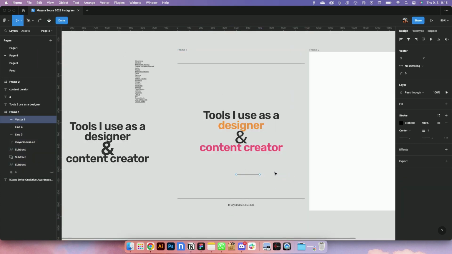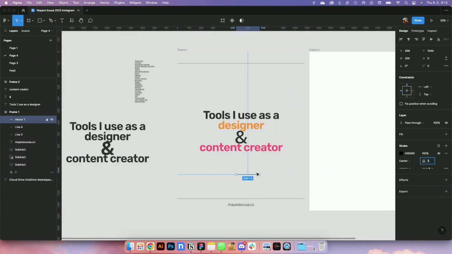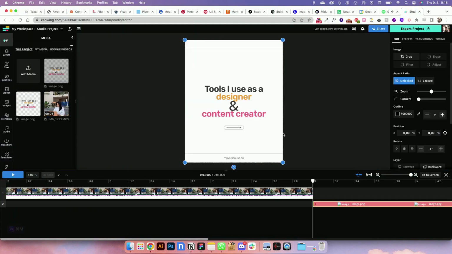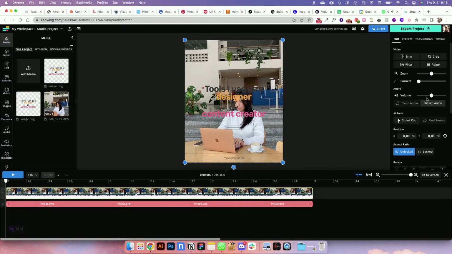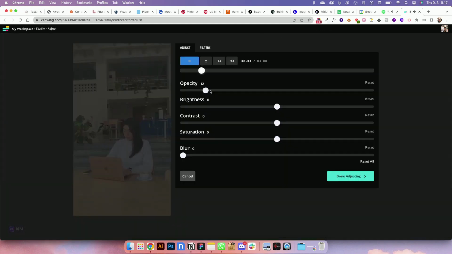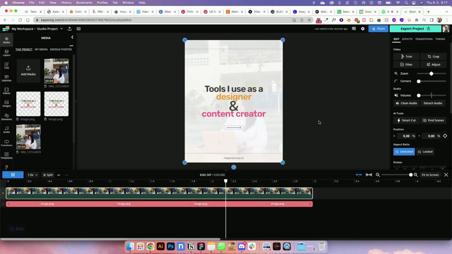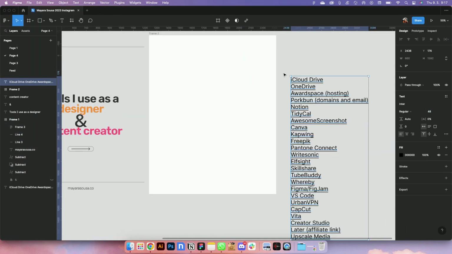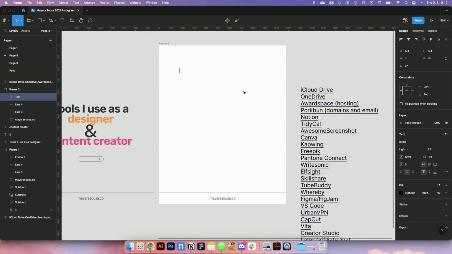And I realized also that since this will be a video, some people might get confused waiting for the tools to appear, so I made sure to add an arrow so they know they have to swipe to see the list. I just changed the opacity of the video so there's a good contrast here, and we are pretty much good to go. Now moving on to the second frame, again my list was already here